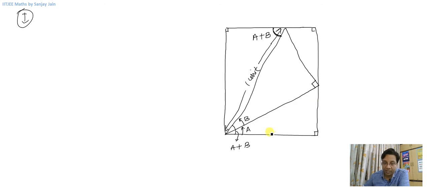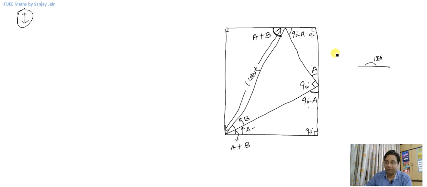And we can talk about other angles also. This is angle A, this is 90 degrees. So what will be this angle? This will be 90 minus A. And if this angle is 90 minus A and this angle is 90, what will be this angle? Now you know that this is a straight angle, so it has to give me 180 degrees. This is 90 minus A, this is 90, so this angle will surely be A. If I add these three angles, it will give me 180. So if this is angle A, this is 90, this angle will be 90 minus A. So you can work these out very easily.